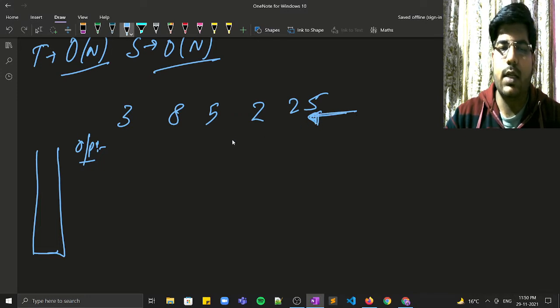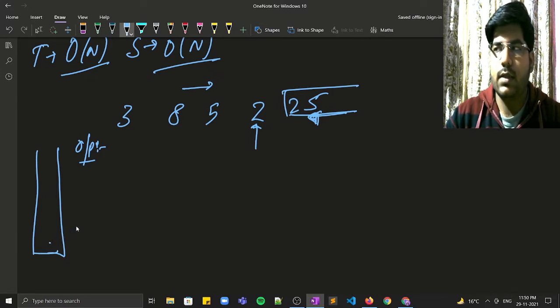Basically the intuition is you have to find the element to the right, right? For each ith element, if the elements to the right are already processed, then it is sure that the answer may be present in the stack and you can get it. That is the intuition. Now for 25, there is no element present in the stack, so the output will be -1.